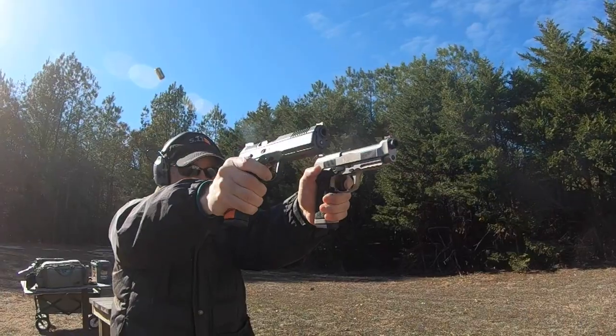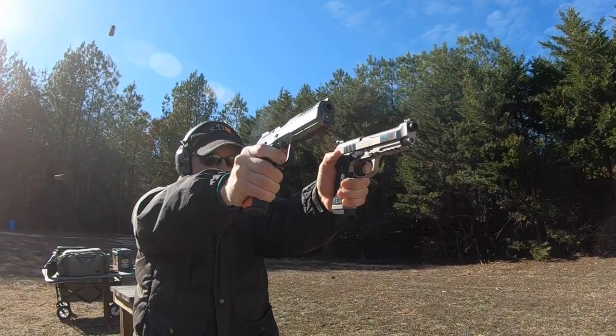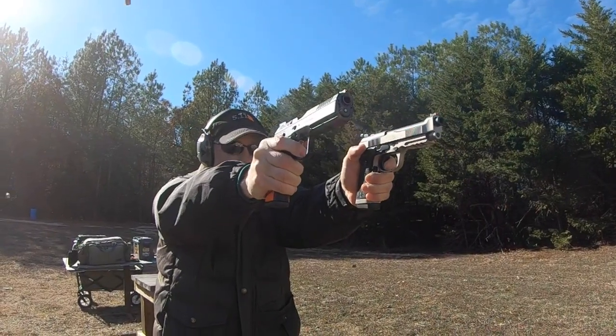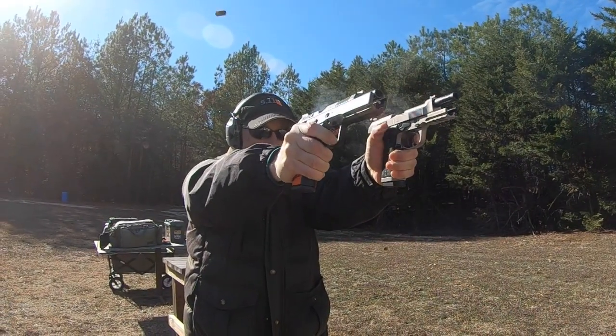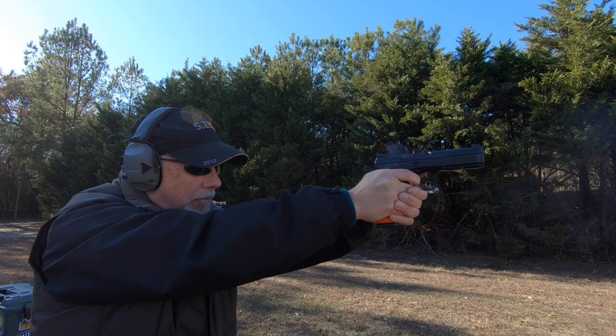They both have a very similar set of sights. In both cases, they are the blacked out rear and the red fiber optic front. They're both very good sights. I like them both. Some subtle differences. The front sight on the Shadow 2 is a bit thinner, narrower. And the rear sight on the Shadow 2 is much taller. So the sights sit up a bit higher, it seems, on the Shadow 2 than they do on the Beretta,